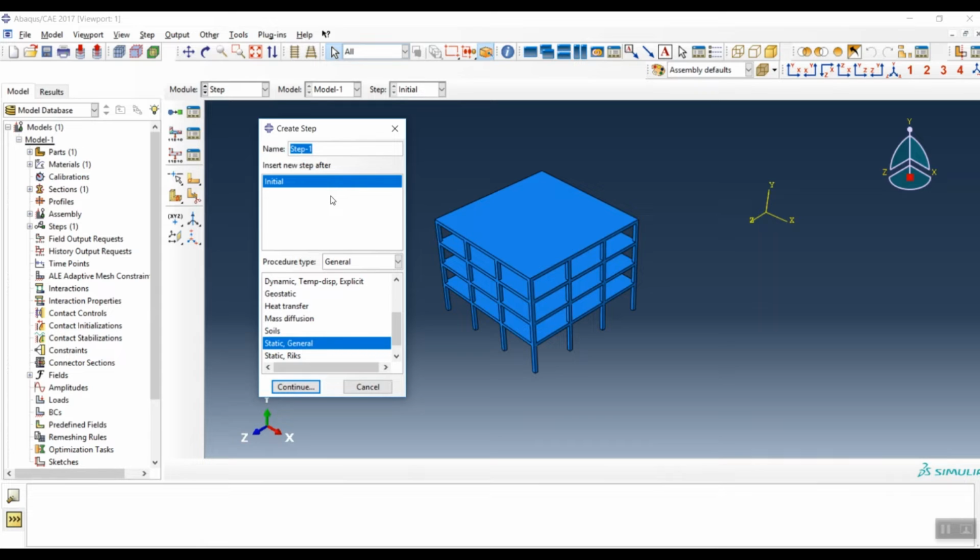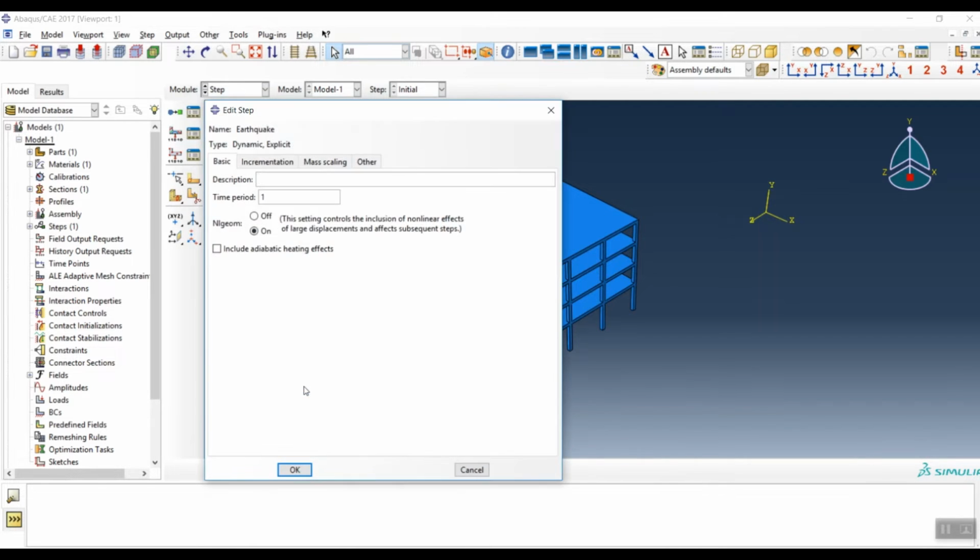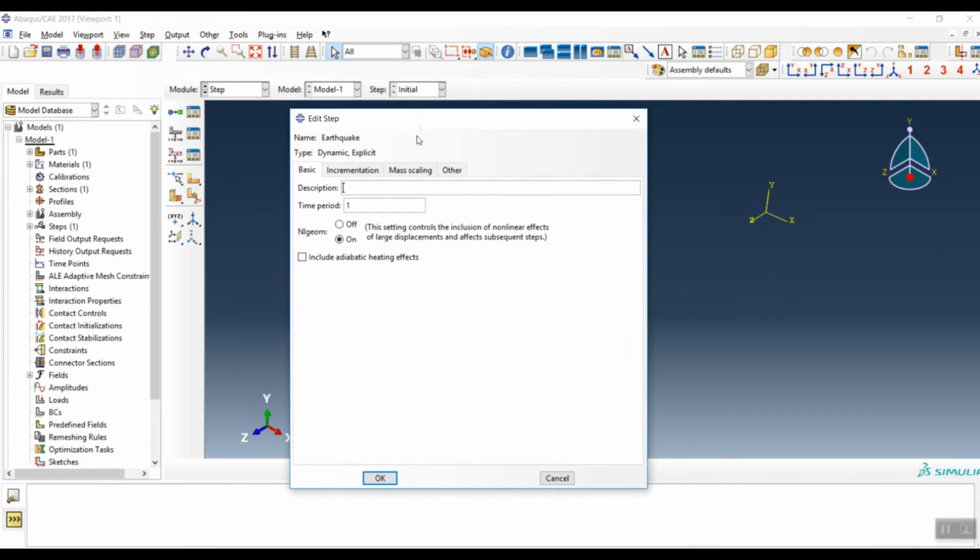For this step you can name it as an earthquake, which is a dynamic explicit analysis. Here click on continue, and here